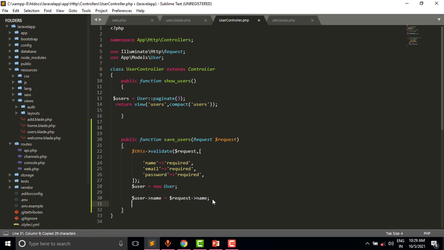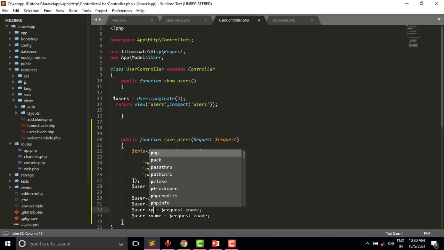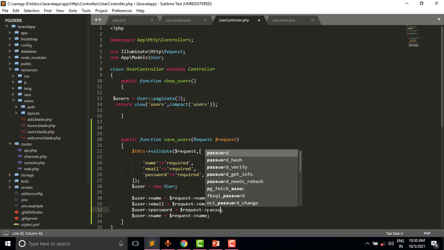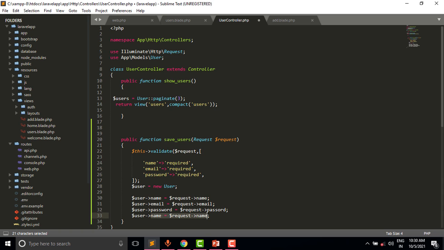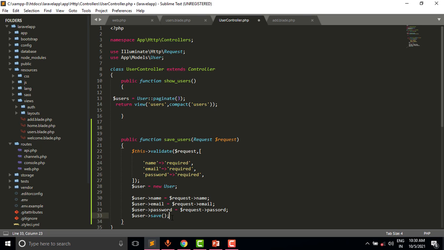So let us duplicate this field. Email, request of email, password, request of password, after that we will save the users.